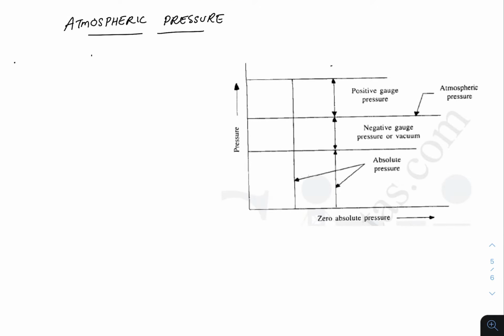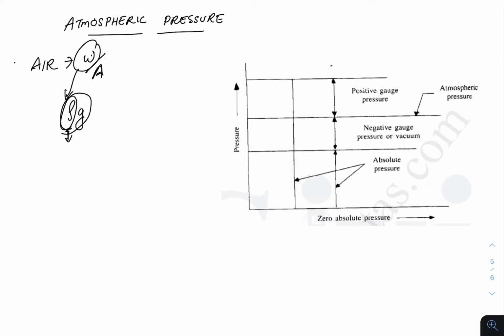We have to study about three kinds of pressure. First one is atmospheric pressure. What does the name atmospheric pressure suggest to you? It's the pressure exerted by the atmosphere. What is there in the atmosphere? The air, right? So the pressure exerted by air, that is weight of air per unit area in which it is acting, gives you atmospheric pressure. This weight of air varies because it depends on weight density, right? So this weight density quantity, rho value, will depend upon the humidity, temperature, and other factors. So for air, this weight density always varies, which means there is variation in the atmospheric pressure. So we have to take it as a constant value for our calculation.